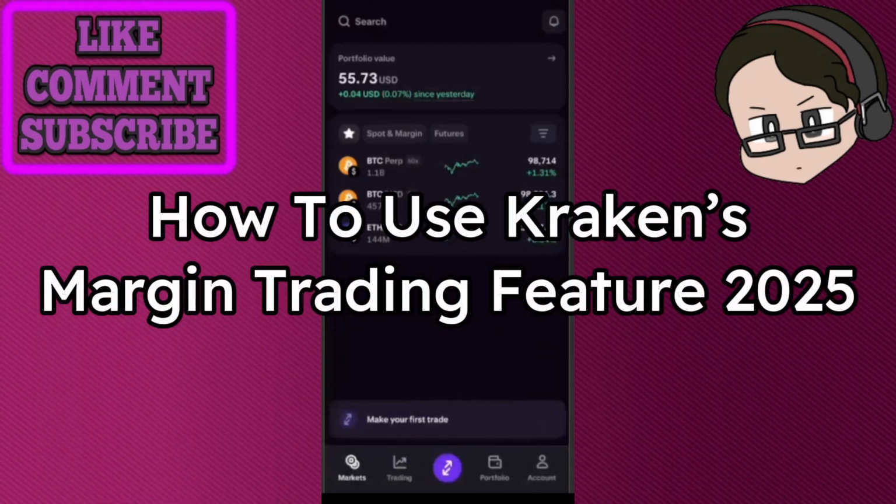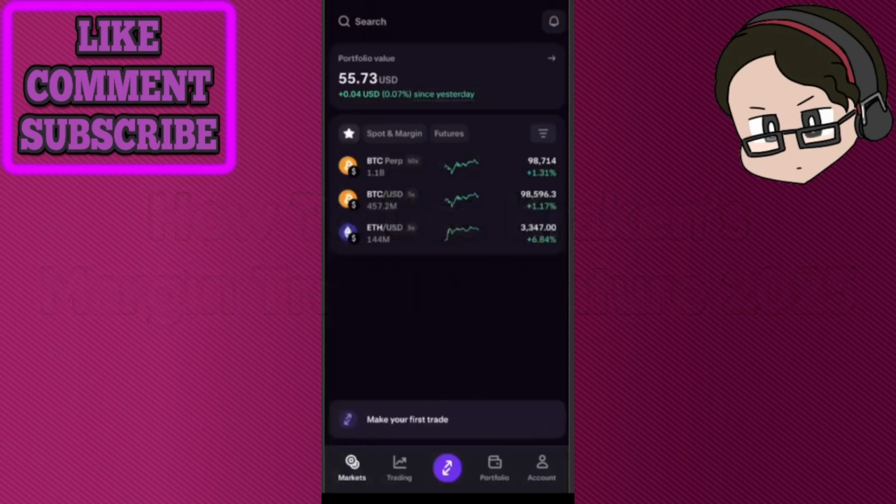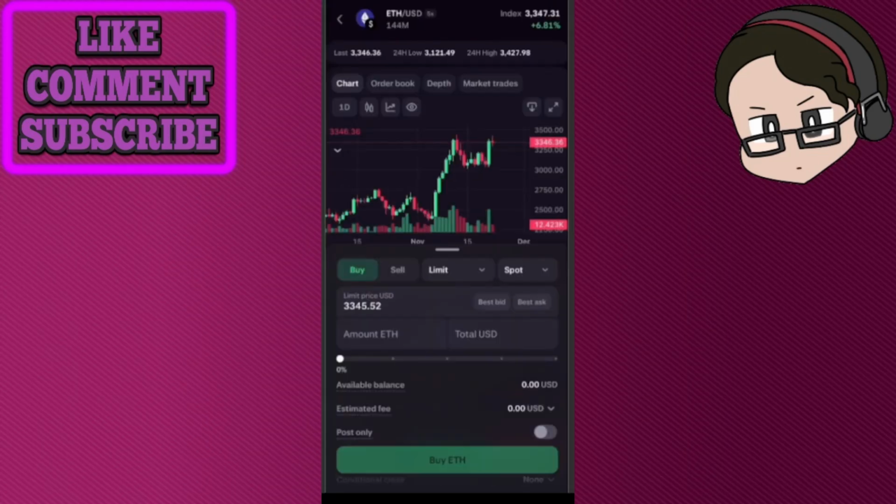Use Kraken margin trading error. So once you're in the Kraken app, all you have to do is pretty much go to this section where you're doing a buy and sell trade. So you can choose either buy and sell, but if you want to use the margin